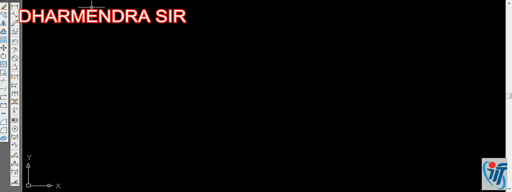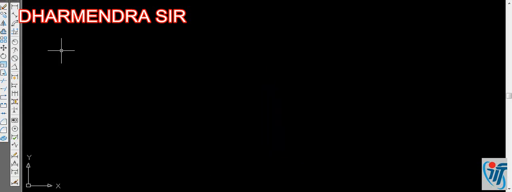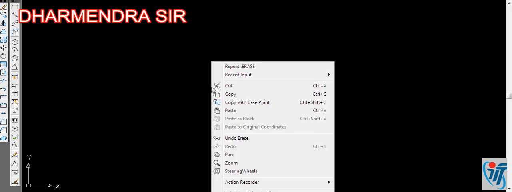We have three required toolbars. First one is the drawing toolbar, next one is the modify toolbar, and another one is the dimension toolbar. Although, as practitioners, we tend to use the command line maximally for efficiency and speed. The tools are here. You can click also and activate the command, but it will be better for you to know the initial letters or initial commands to enhance your skill.